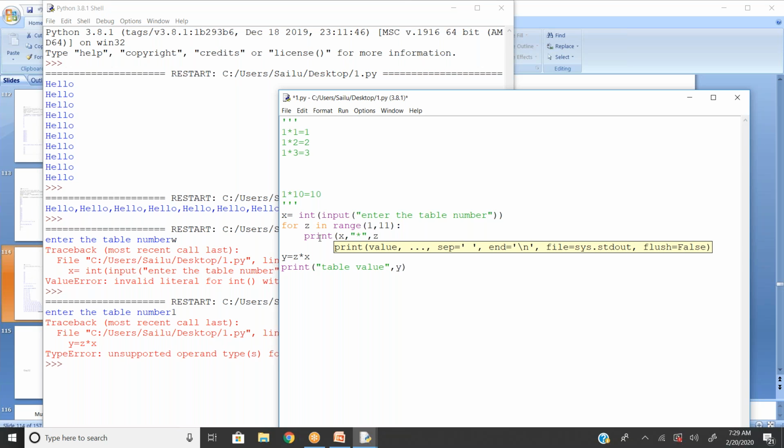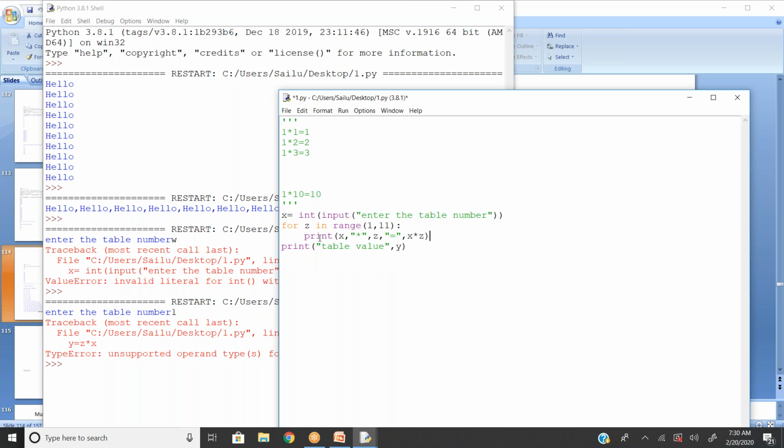Then comma, equal to, what do I want to display? X into z, right? X into y. Where is the y? I mean to say x into z. Correct. Done. Single line over.